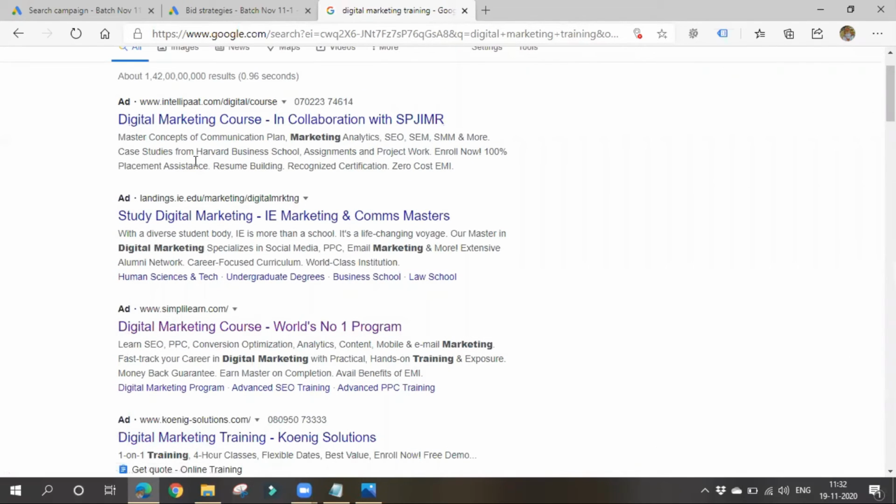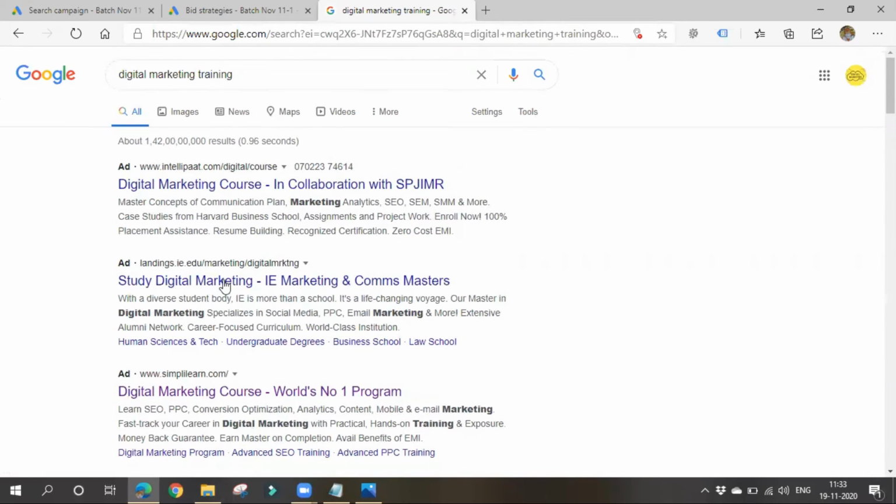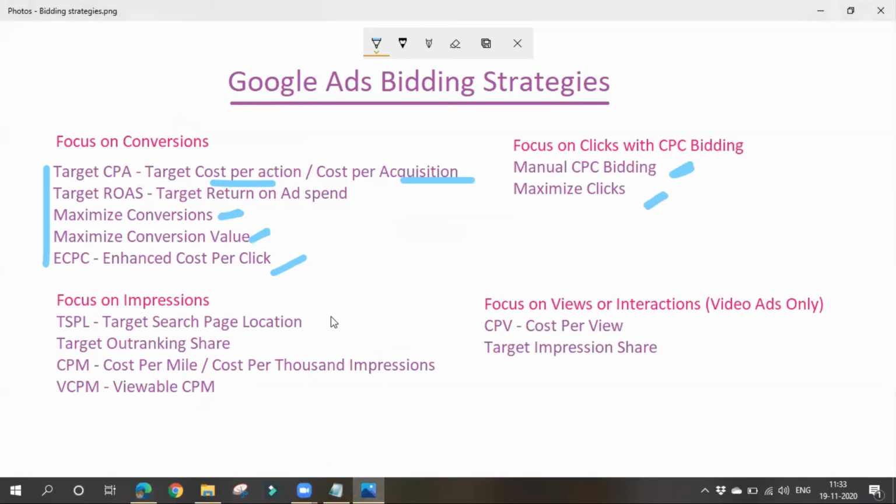Than going for other bidding strategies, it is better, I think. That is the advantage with the target search page location bidding strategy.